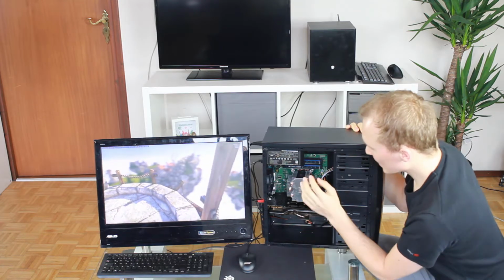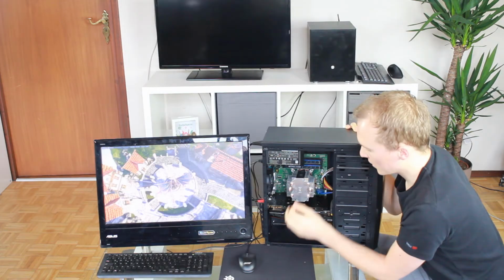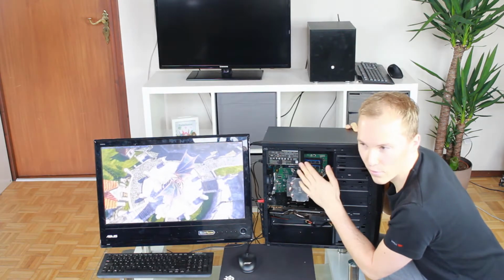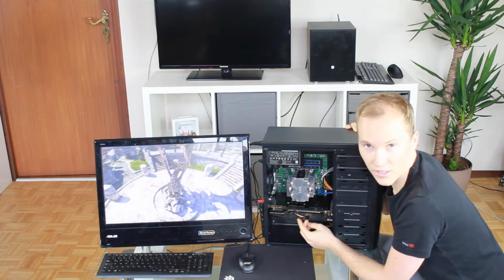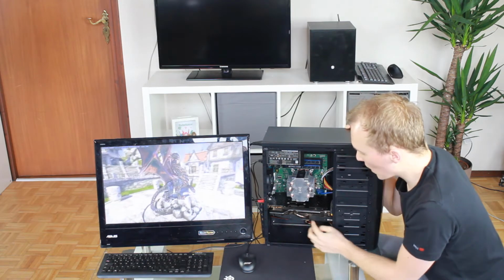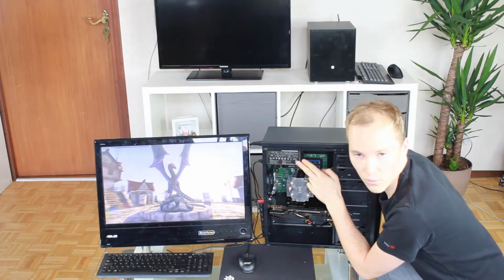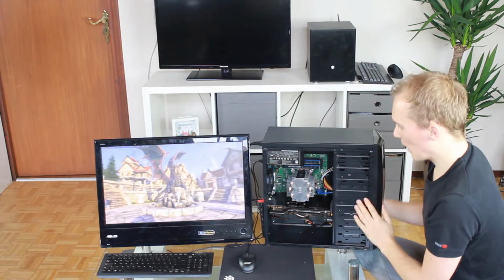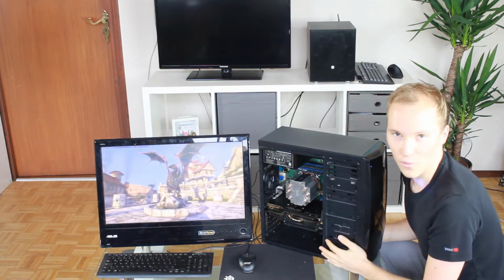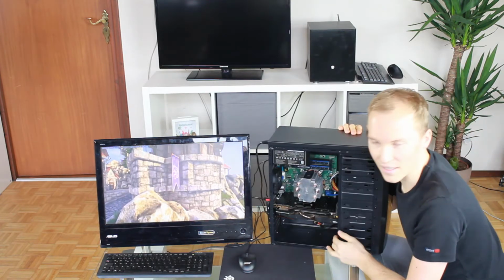So we had the CPU, mainboard, RAM combination for 80 euros and also we had a power supply with that, but the power supply wasn't good enough to power the GTX 780 3GB. We got that used for 70 euros. We got the Be Quiet 550 watt power supply for 20 euros. And then we also upgraded the case from a cheap office case to a decent looking black case which cost